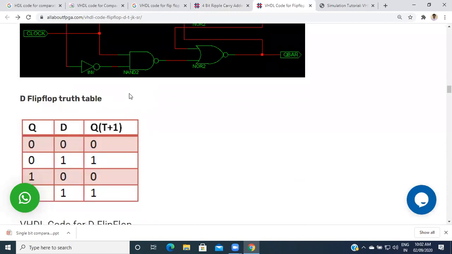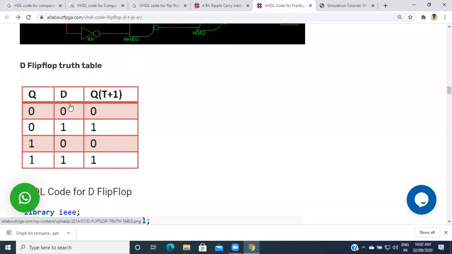So the truth table for this D flip-flop: if the value of D is 0, the value of Q is 0. If the value of D is 1, the value of Q is 1.